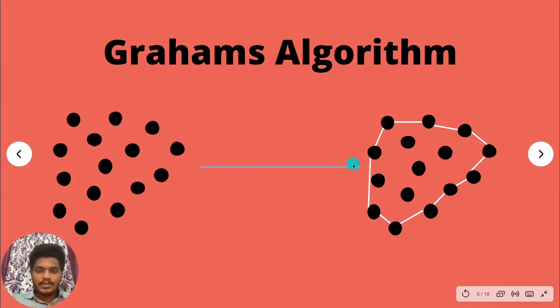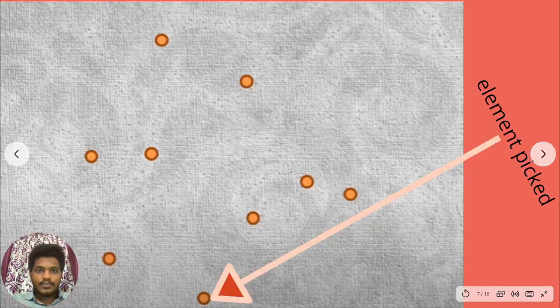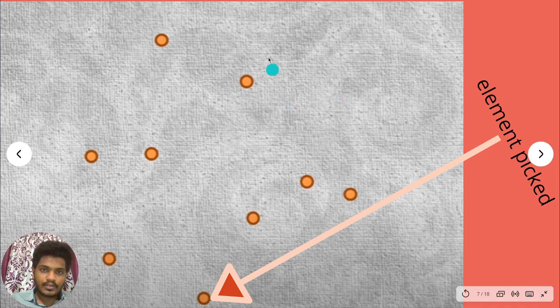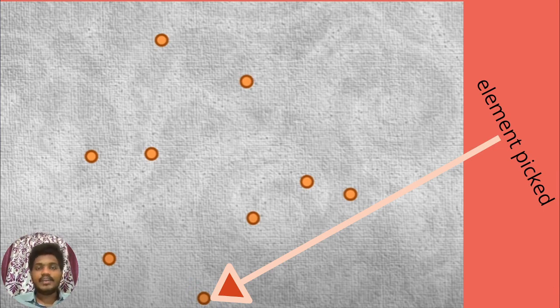First of all, in the first step, we will select the bottommost point in the planar set, which has the least y coordinate in the whole point set. As this point has the least y coordinate, we'll select it as point number 0, which is the initial point in our algorithm. After selecting it, we will number it accordingly, and the step will be shown in the next slide.